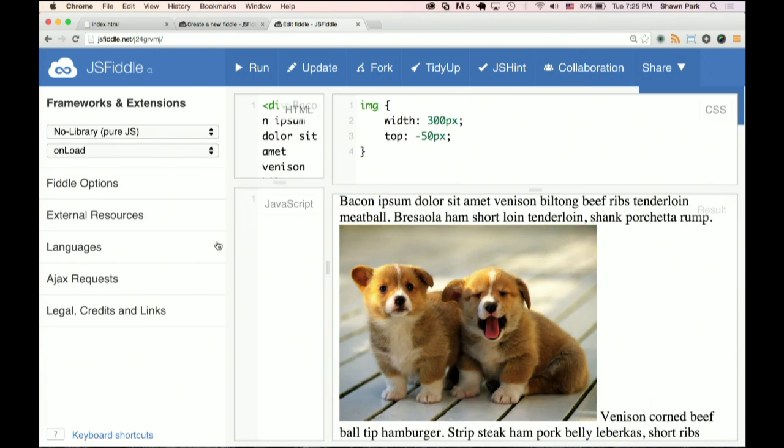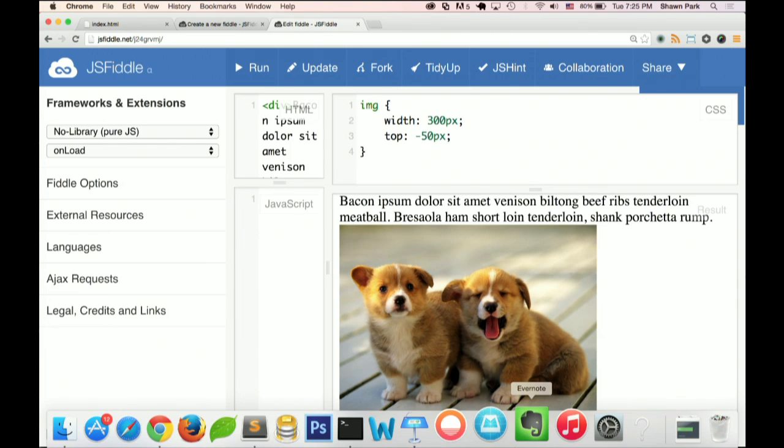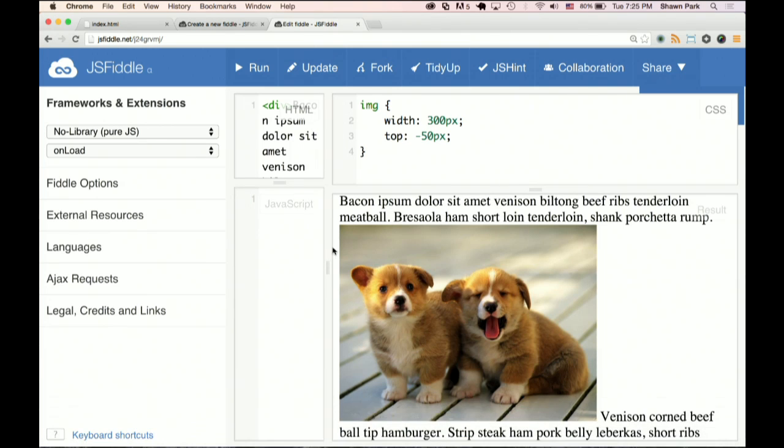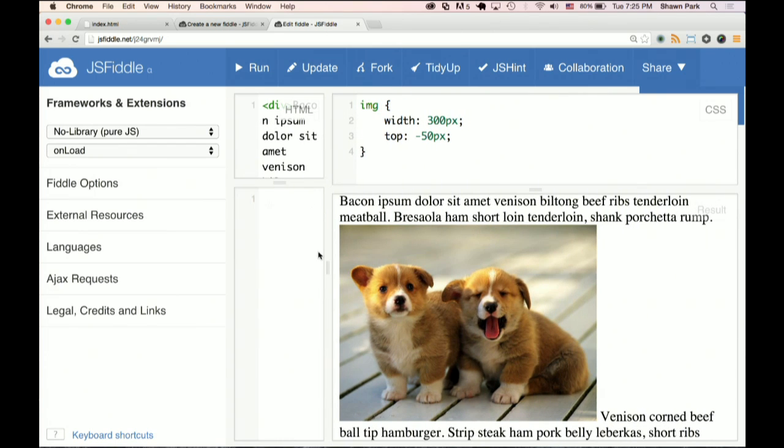And so the behavior, as you can see, when I try to stretch this out a little bit, if the viewport or window were bigger, then here's a bunch of white space that's just there. So one thing that you'll notice about this image is that the properties I've given to it: obviously I've given it a width, so it stays at that width. But I've also given it a top of -50 pixels.